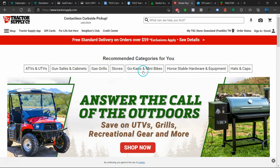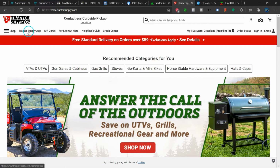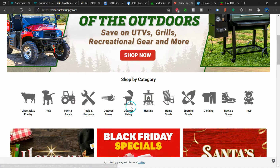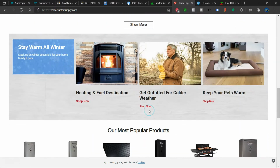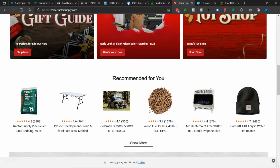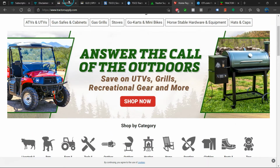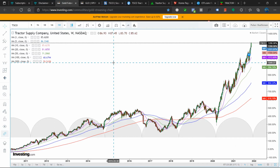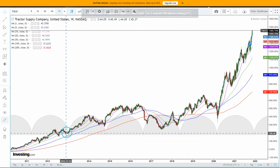So here is the company's website. Here you can see that you can get a bunch of different things. It's outdoor power stuff, farm and ranch stuff, pets, livestock, sporting goods, home goods. So it is diversified, but it is within that whole outside theme. Okay, so let's jump into the charts, weekly data points, and we did have some very nice time